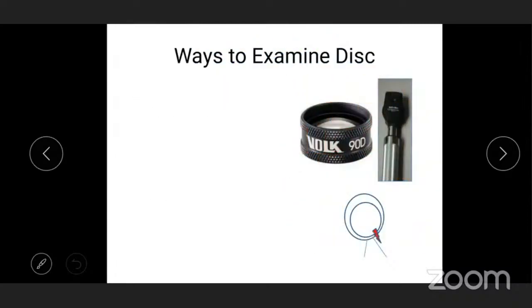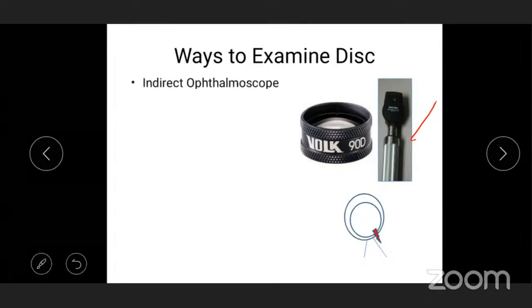So the ways to examine the disc, I think the course is on imaging, so the stress is on fundus photographs. But believe me, you can use the direct ophthalmoscope, but if you ask me which lens to buy, it should be a 90D or a 70-80 lens. The advantage of 90D is you can look through a small size pupil also. So if there is one choice, 90D is the best. Direct ophthalmoscope is to be discouraged. Some of us are in the habit of using only the indirect. So both these are to be discouraged.